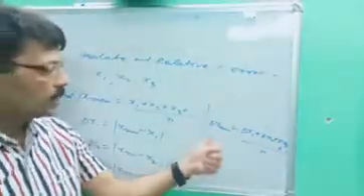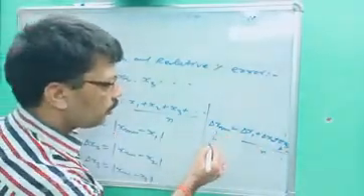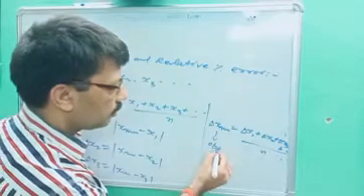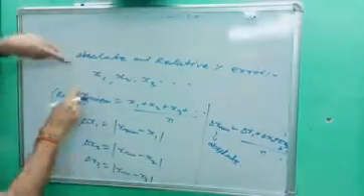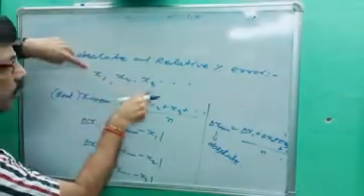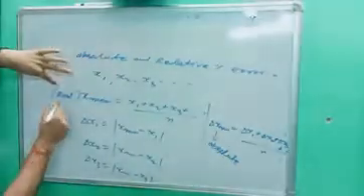Del x mean is equal to del x1 plus del x2 plus del x3 and so on, divided by n. This is called del x mean, and it is known as absolute error. Once again, let's suppose observed values are given: x1, x2, x3, and so on. First you will find the mean value. It will be x1 plus x2 plus x3 and so on, divided by n. So this is called the mean value, or the real value.